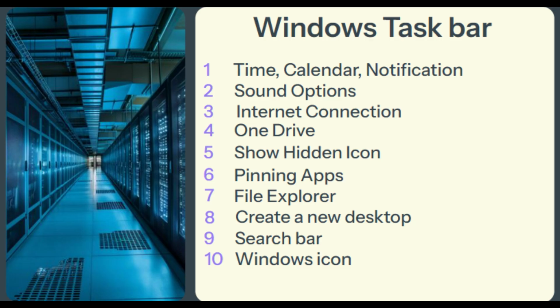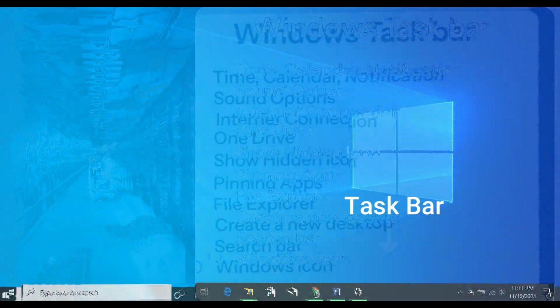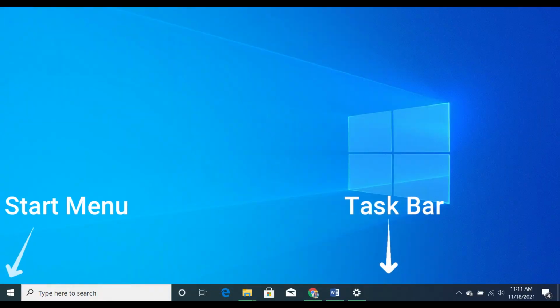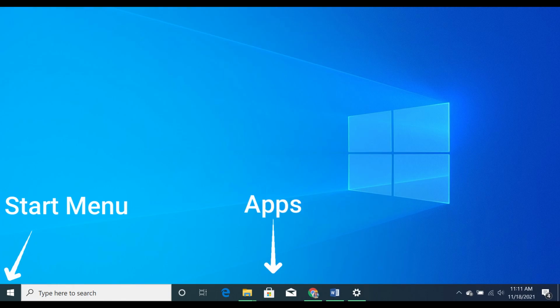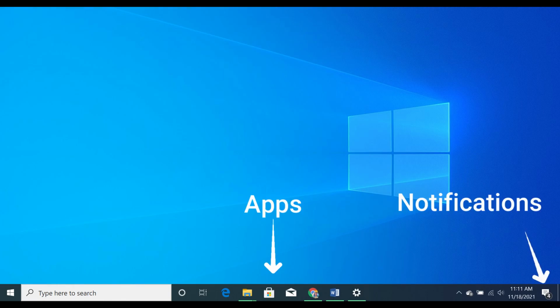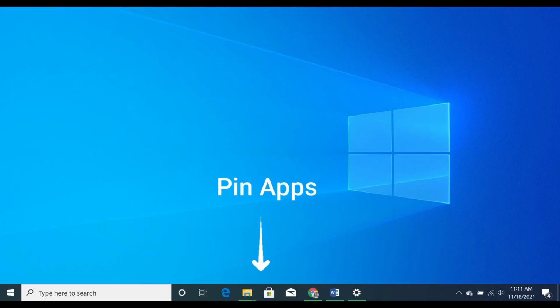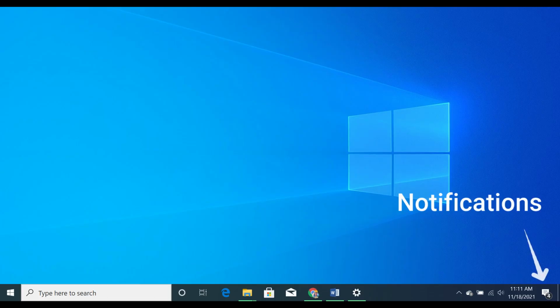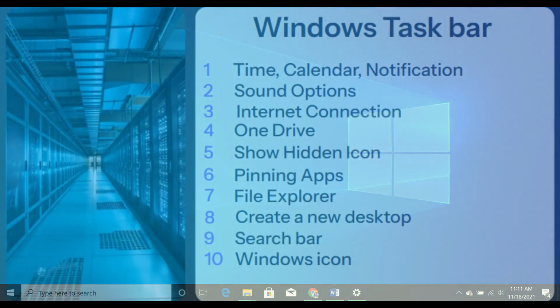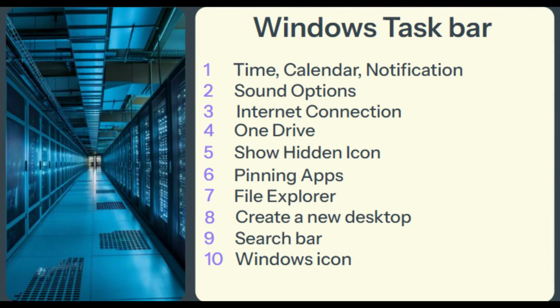The Windows taskbar is a key user interface element located typically at the bottom of the screen. It provides quick access to the Start menu, pinned and running applications, system notifications, and the system clock. Users can customize the taskbar by pinning frequently used apps, accessing the notification area, system tray, and managing open windows through taskbar buttons. It also supports features like jump lists, toolbars, and virtual desktops, enhancing productivity and navigation within the